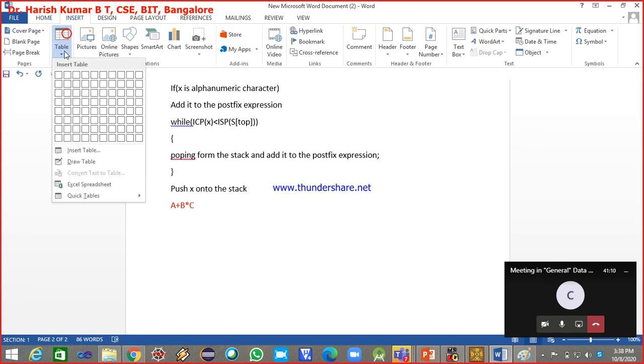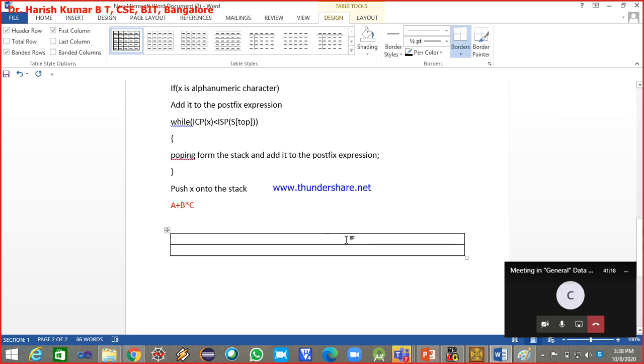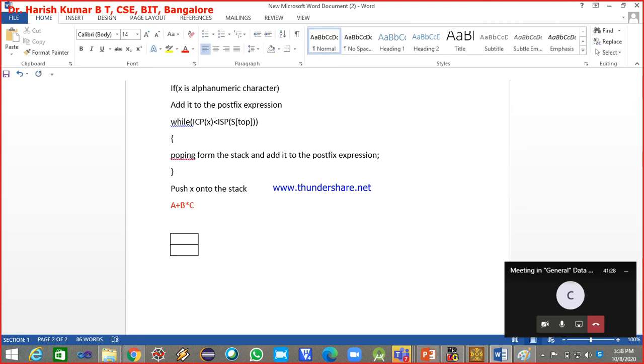I'll insert a table, I just need one column. Assume this is my stack. Let me reduce its size. This is my stack. Next, see here, let us apply this. I'll write postfix here.